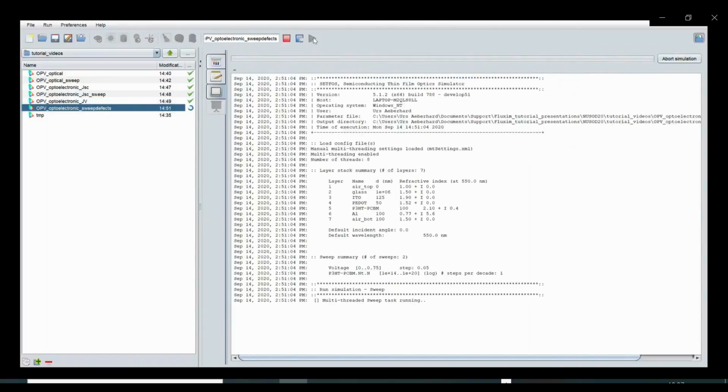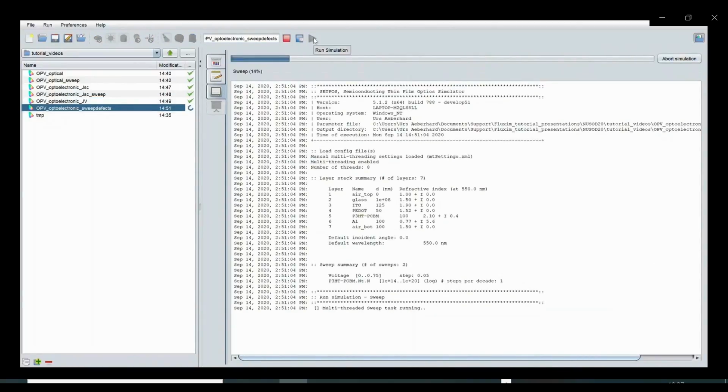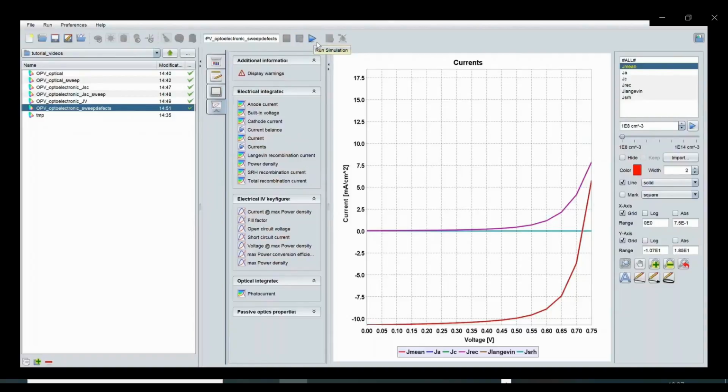You can now run the simulation again. This takes a bit more time as we have to compute the JV curve at different defect densities, but it's still a quite fast simulation.